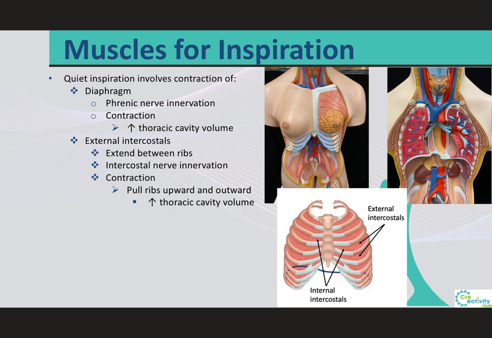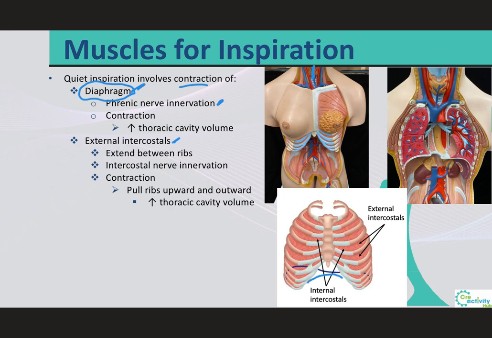And the first step in expanding the lungs during normal quiet inspiration actually involves the contraction of the main muscles for inspiration, which are two: the diaphragm and the external intercostals. And the most important muscle of inspiration is going to be the diaphragm. It is innervated by fibers of the phrenic nerve, which originates in the cervical plexus, and contraction of the diaphragm causes it to flatten, lowering